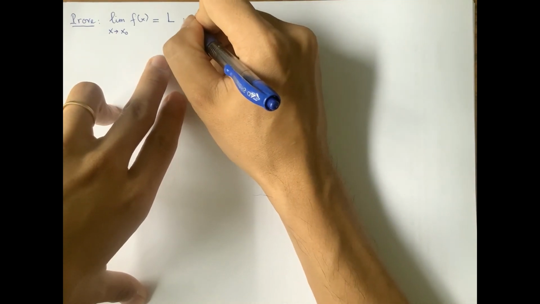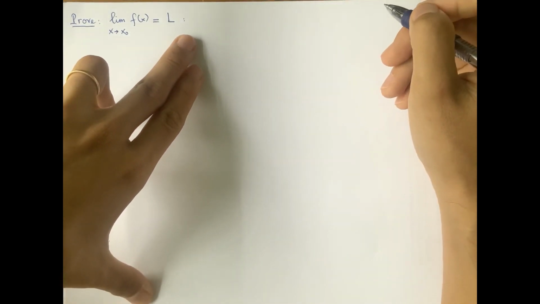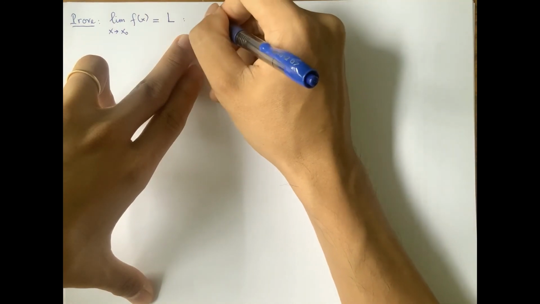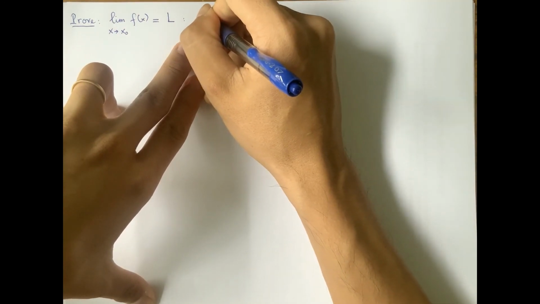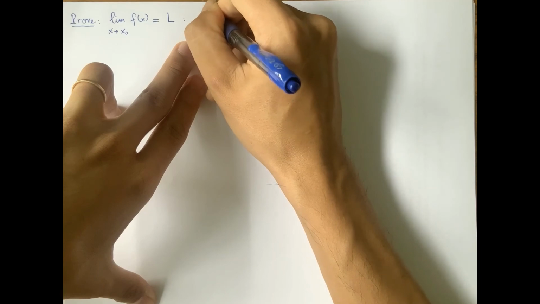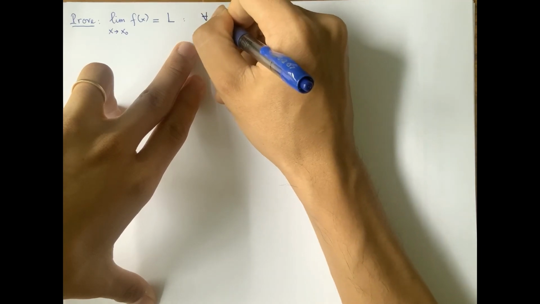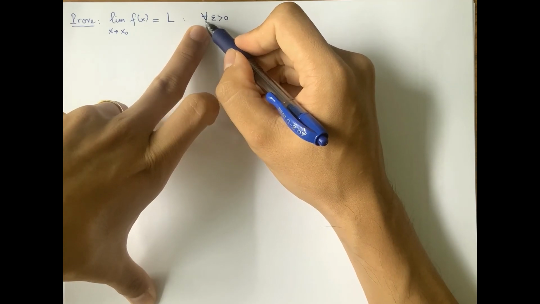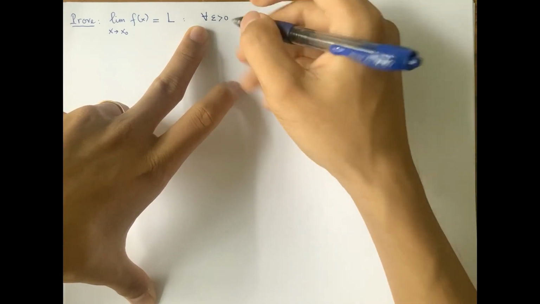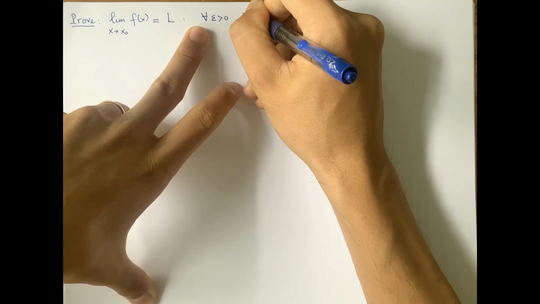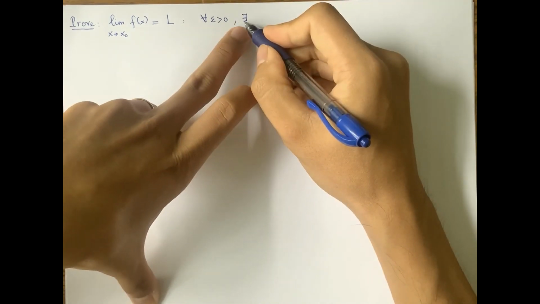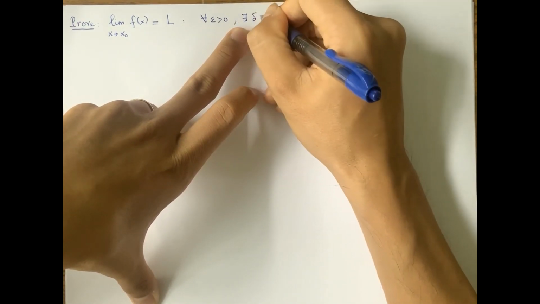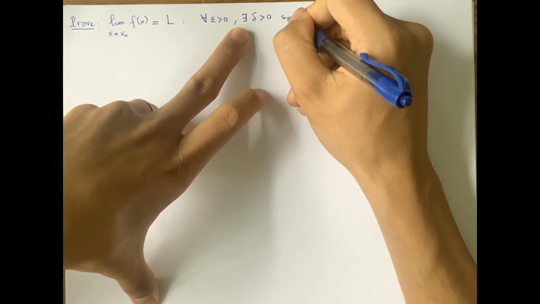Now the epsilon definition of limit means that you will need to prove that for every epsilon greater than 0. So this notation is a shorthand for the word for every. There exists, so this notation means there exists delta greater than 0 such that